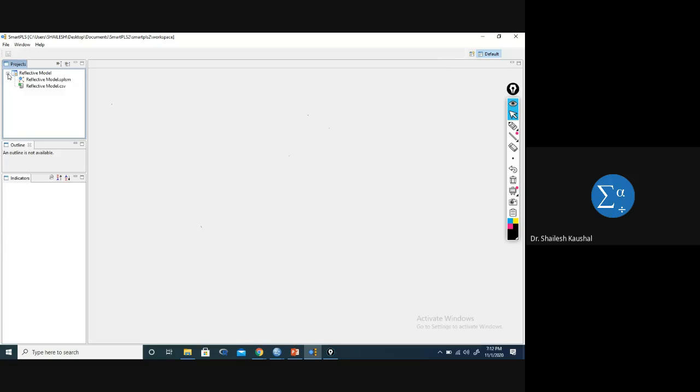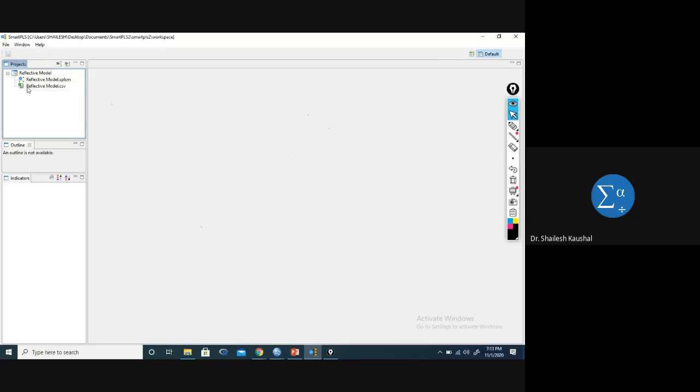Plus means I can expand it, and first of all I will select the reflective model,